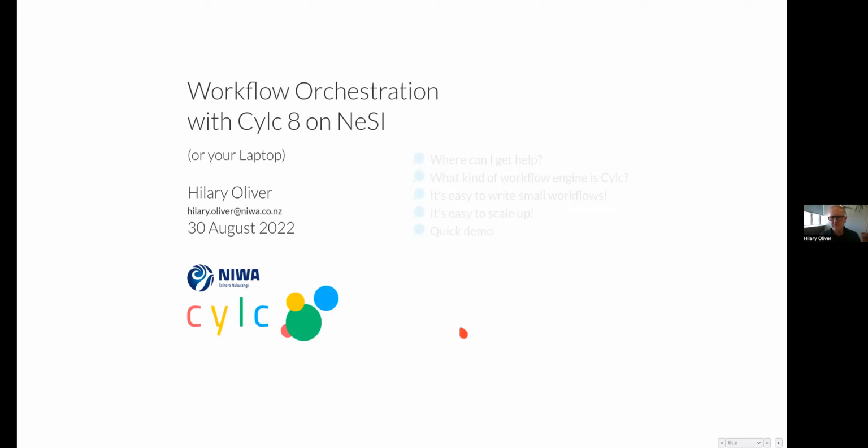Now, this is a bit different to using cron, say. It's more powerful than cron. It's more general, because in a Cylc workflow that is tied to the real-time clock, if it gets behind because something went wrong, it can catch up as quickly as possible, interleaving cycles according to dependencies and resources, until it's caught back up to the real-time clock. So it doesn't always just have to run every 10 minutes. If you started a week in the past, say, it's going to go as fast as possible until it catches up to now, and then it will start being constrained by the 10-minute clock. So that's how you do that.